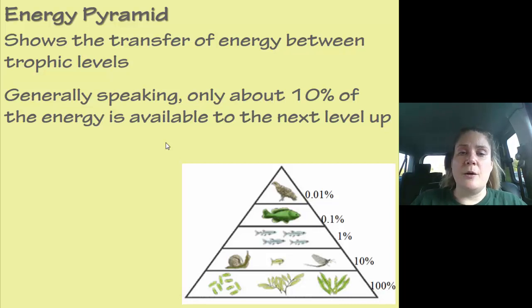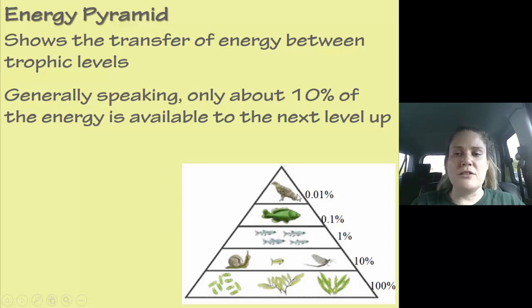Okay, so if we look at this in a pyramid, okay, the producers have 100% of the energy. They're that first level. And then we go to the next level. These guys are only going to get 10% of this. So if we go to the next level, these little fishes are only going to get 10% of what these guys had. But 10% of what these guys had is only 1% of what these guys had, okay? And then this big green fish is only going to get 10% of what these little dudes had, okay? So if he's only got 10% of what these little dudes have, that is 10% of this, which is 10% of this, which is 10% of this, which is 1/10 of 1% of the original energy that was available.